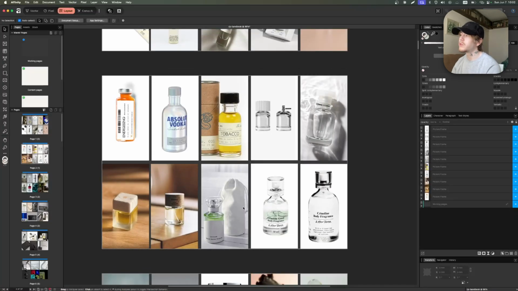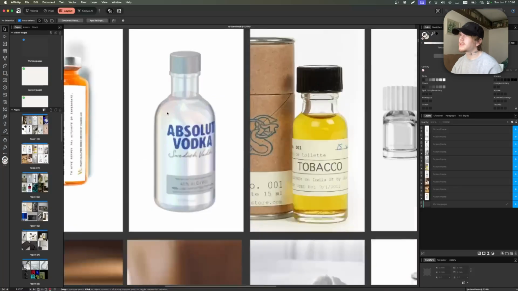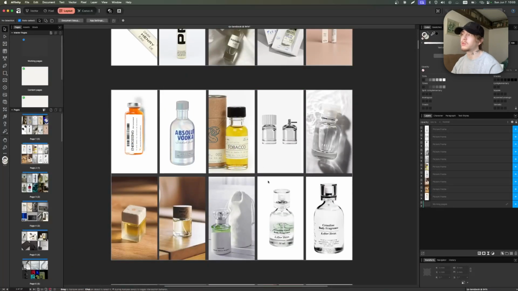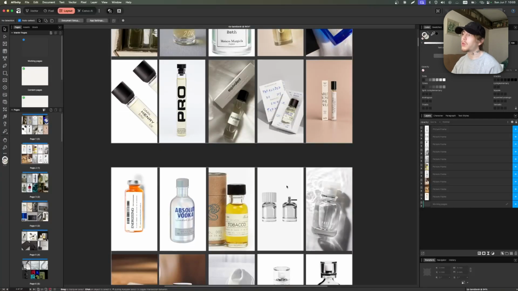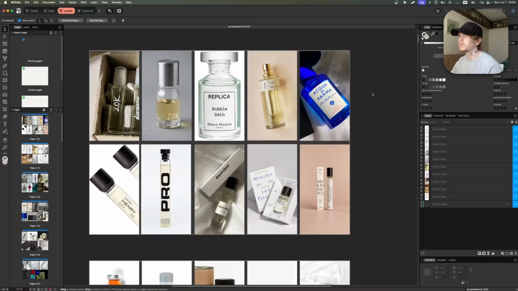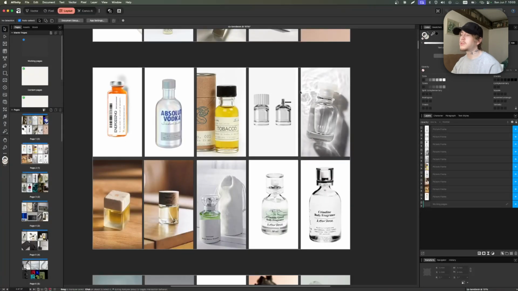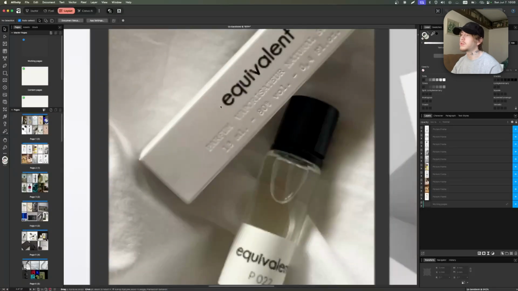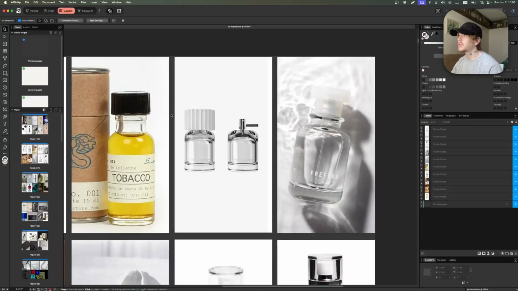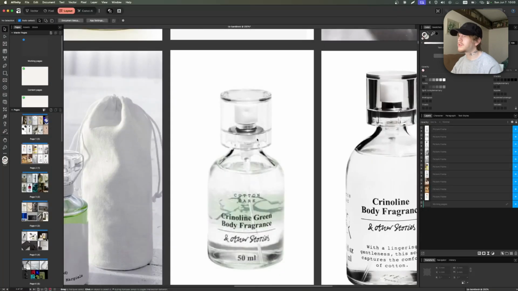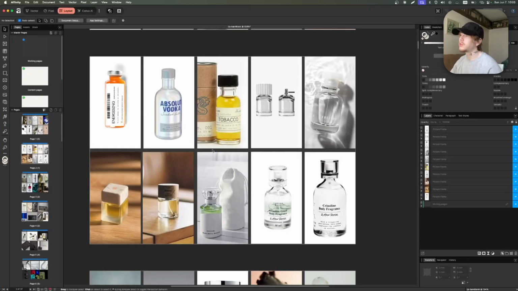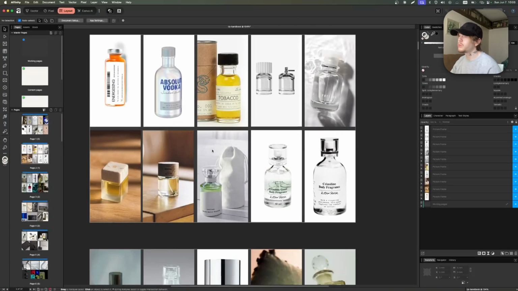So here I was putting references for the bottle shapes I like. And yes, one of them is inspired by Absolut Vodka. The shape that I'm going for with all of these is a more lab-inspired design. Something that looks clean and transparent, not tinted, but an interesting shape. I don't want a boring cylindrical, although it's not bad, but something like this, or this, or this is way more interesting. And so I was just collecting different references to let myself see what is possible,